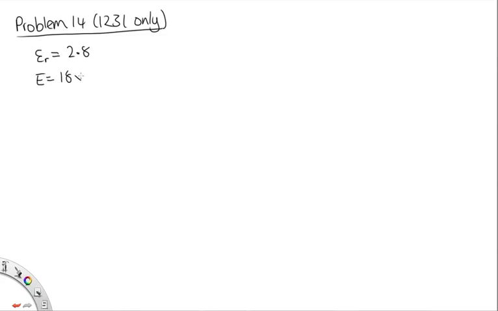Problem 14, which is for 1, 2, 3, 1 only. Okay, here we have a dielectric with ER equal to 2.8. And it can withstand an electric field strength of up to 18 times 10 to the 6 volts per meter. And we place this within two capacitor plates with area A. One has charge plus Q, one minus Q, and the capacitance of this parallel plate capacitor is equal to